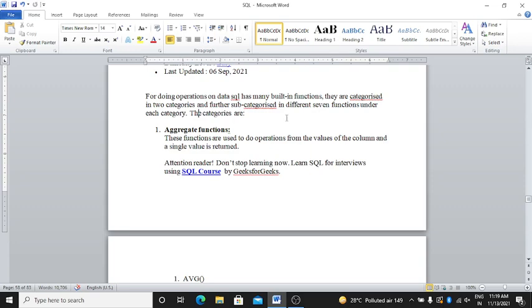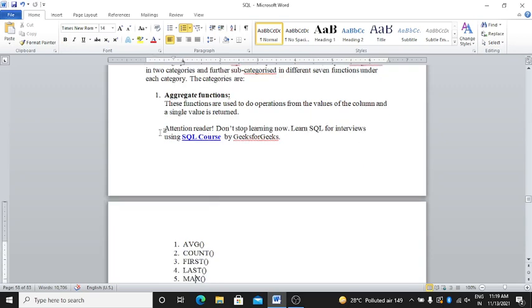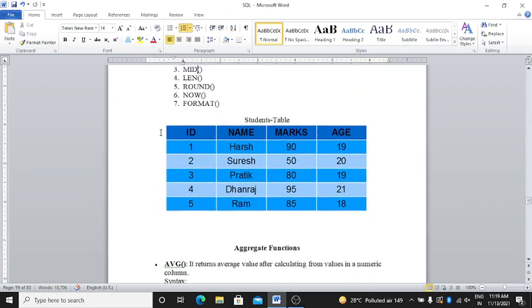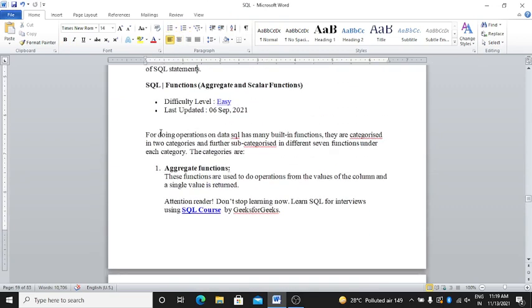The first one is aggregate functions, and the second is scalar functions. The aggregate functions are used to do operations on the values of a column, and a single value is returned.